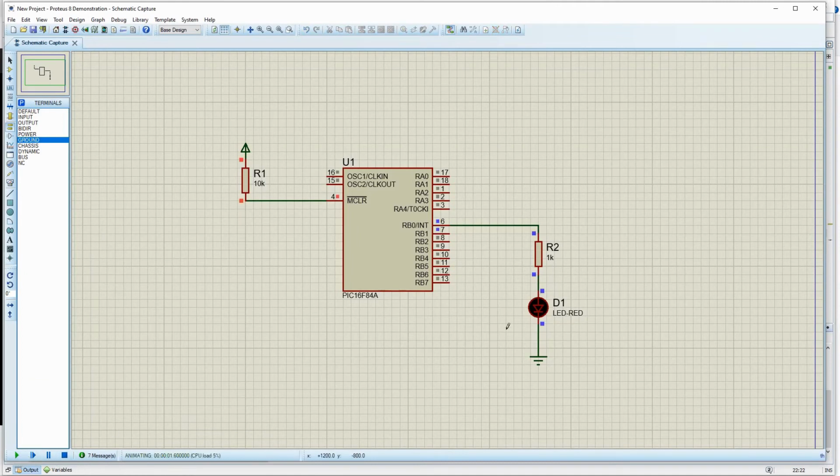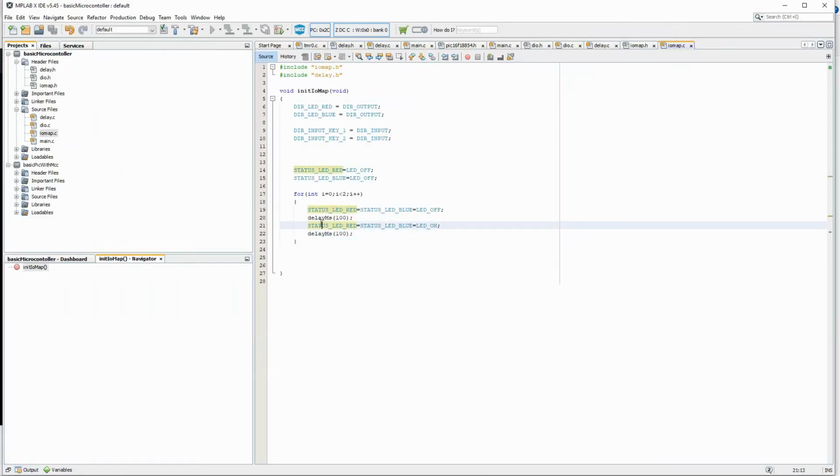It should be only 2 blinks, but it did not start at all. I think this delay has not been initialized in this IO map. That is why this is not working. So I have to initialize the delay before I call IO map.